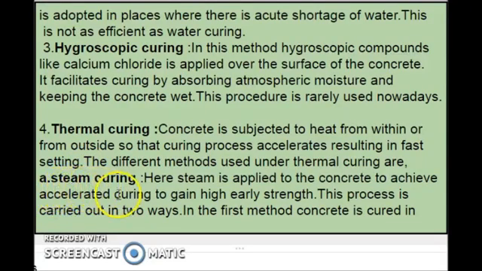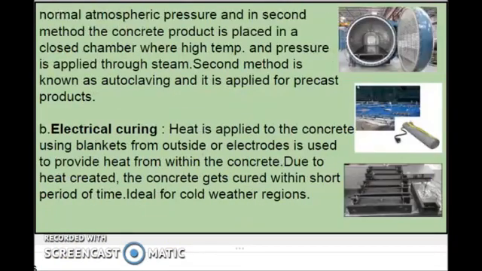First one is steam curing. Here steam is applied to the concrete to achieve accelerated curing to gain high early strength. This process is carried out in two ways. In the first method, concrete is cured in normal atmospheric pressure. Okay, and in second method, the concrete product is placed in a closed chamber where high temperature and pressure is